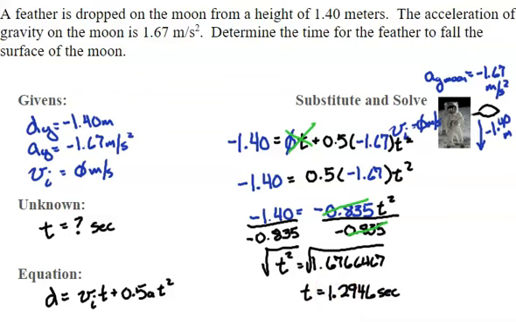Okay, now it's time to apply significant figures. This has 3 sig figs. This has 3 sig figs. And this number doesn't apply. So my answer is going to have 3 sig figs. And so I get the number 1.29